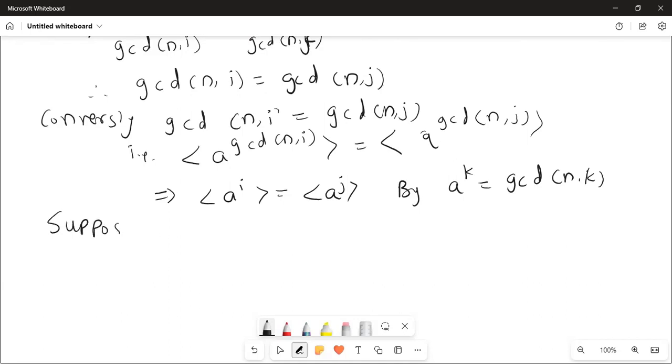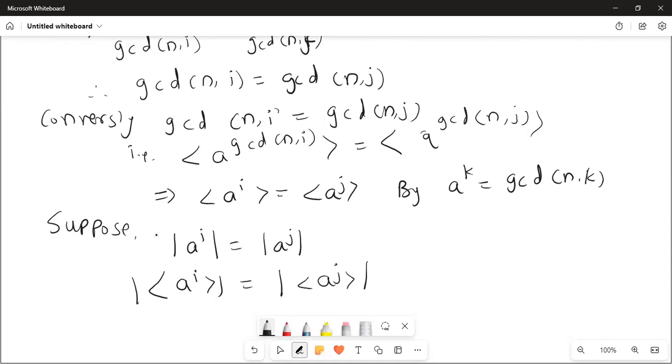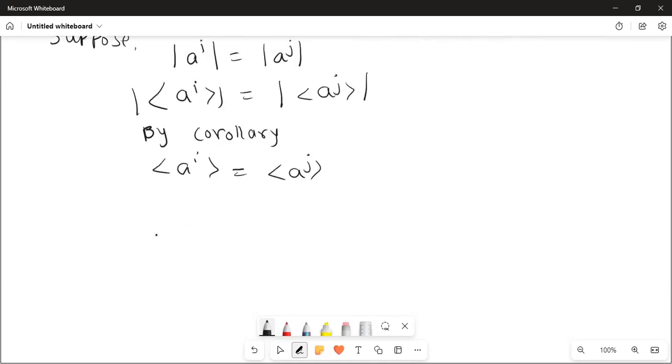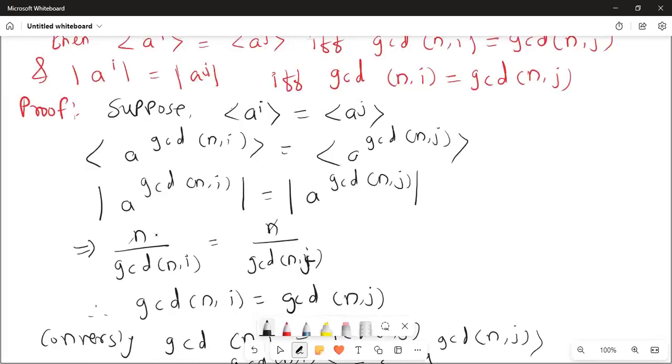सपोज a raised to i which is equal to a raised to j, that means a raised to i which is also equal to a raised to j, then by corollary order of a raised to i which is equal to order of a raised to j which is also equal to GCD of n and i equal to GCD of n and j। ये हुआ हमारा proof। तो इस वीडियो में हमने टोटल थ्योरम और कोरोलरीज देखे हैं, तो ये सारे इंपॉर्टेंट है,